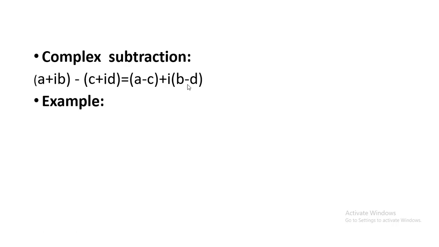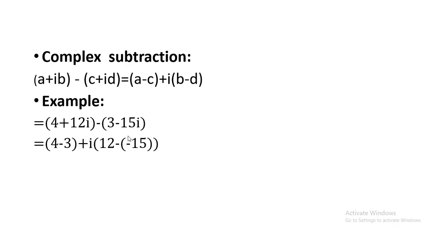Now let's take an example and understand it better. See, these are my two numbers. What I did out here is that I just changed its sign. 4 plus 12 iota, we need to subtract what? Another number, 3 minus 15 iota. Now how will we subtract these numbers? Let's just follow this